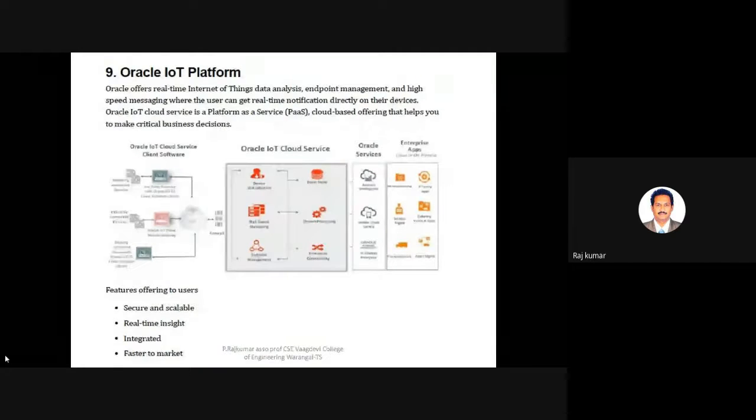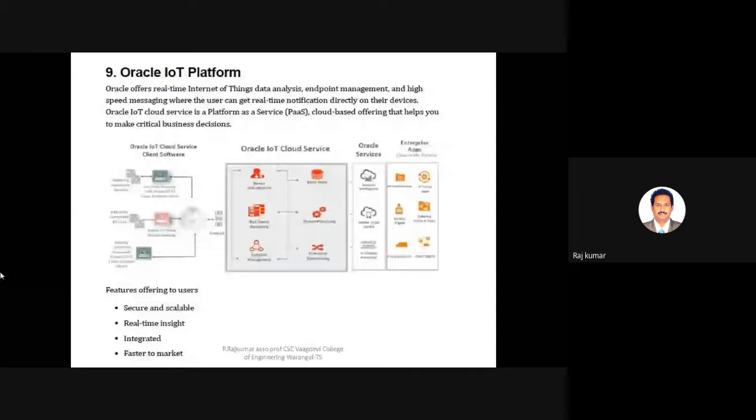And the next one is the Oracle IoT platform. As you know, Oracle is a very big database provider. Platform as a service is one of the cloud offerings from Oracle IoT platform. And here you can perform analytics. The main features of this Oracle IoT platform are secure and scalable. Today we are adding 100 devices.